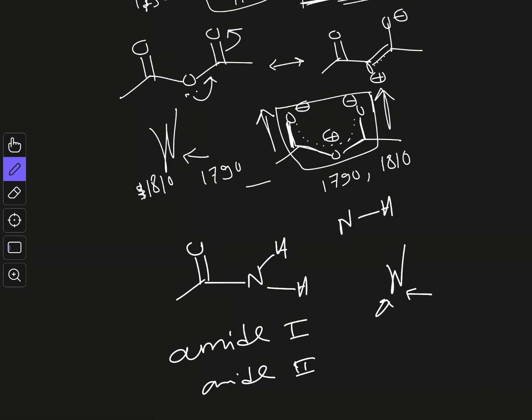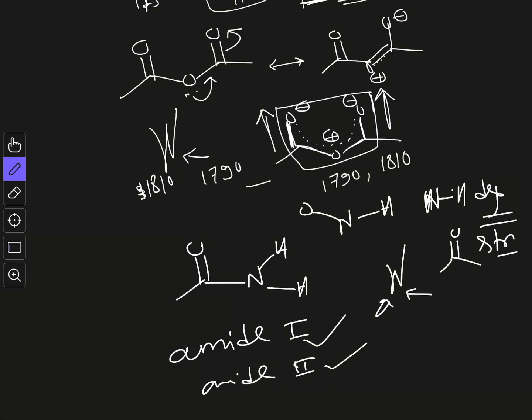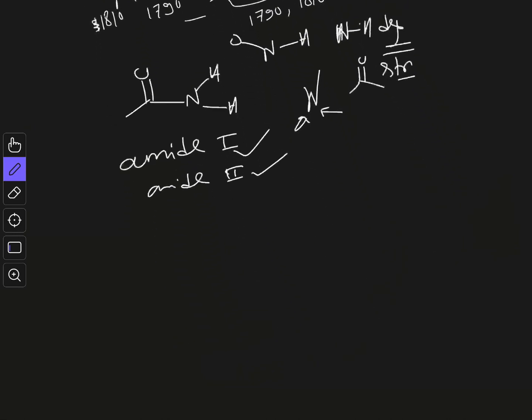NH bending, that is NH bending. In short we say NH def, and the carbonyl. So carbonyl group has a stretching frequency, carbonyl stretching, and NH def. Between these two the coupling will occur and you will get amide 1 and amide 2. So these three are the most important groups: the aldehyde, the anhydride and amide, which show vibrational coupling, and for aldehyde it is the Fermi resonance. So this is the thing.